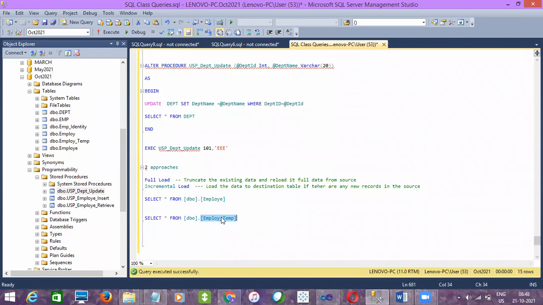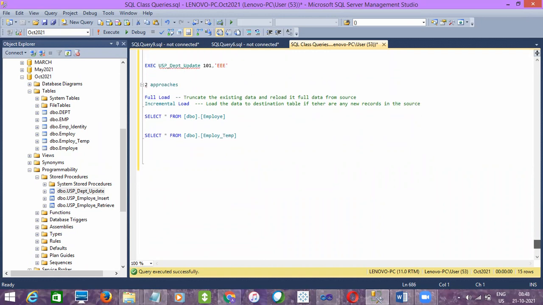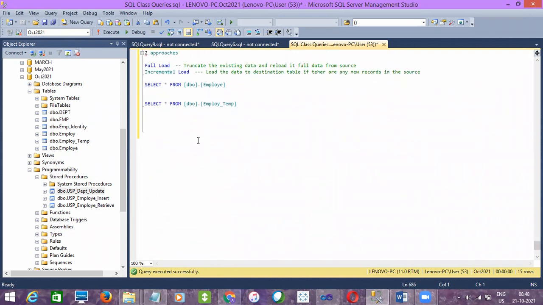I want to implement the full load option, which means truncate and reload. To implement full load, you need to create a procedure.